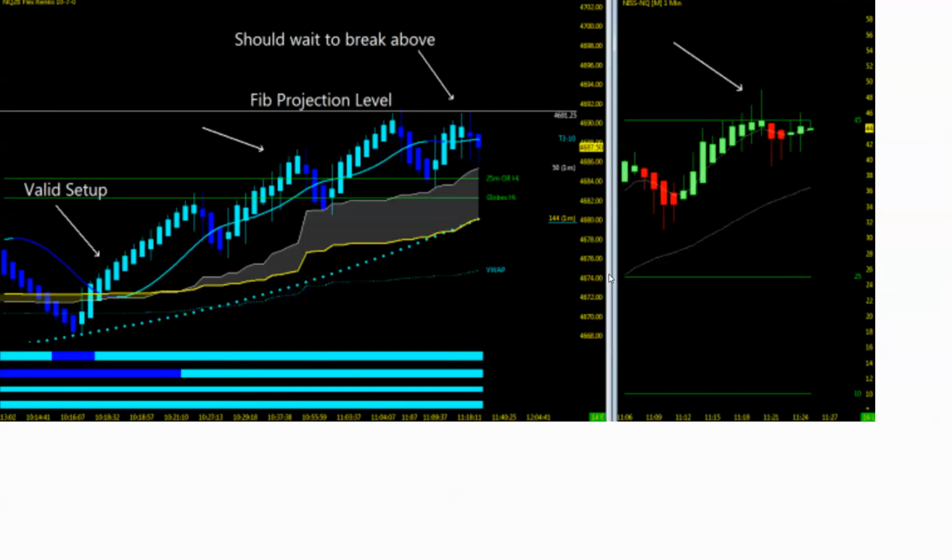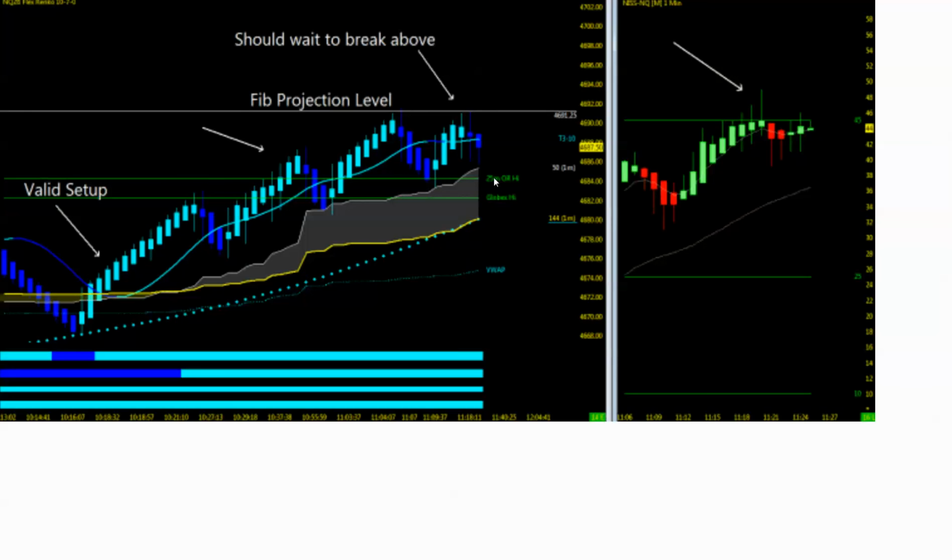Highlighted here, we could see the NQ again making a nice setup to the upside, breaking upside above the 25-minute open range. Your stop at the swing size is recommended, whether you're trading Fibonacci targets, Fibonacci extensions, or just price action breaks upside. Place your stop at the most recent swing size. Sometimes you're going to have to take a little heat, depending on your portfolio, but price action eventually reaches right up to the fib projection level.